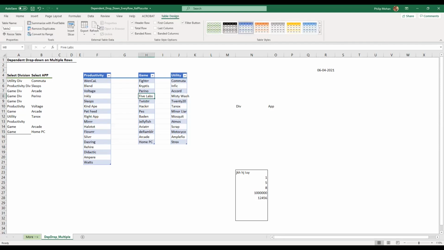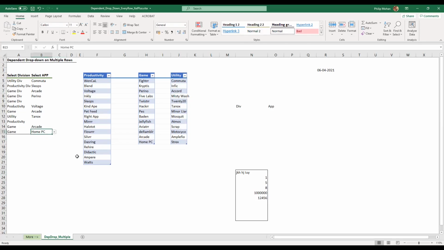And I want to change this to table. Okay. I wonder if I can just refer to the table here. Let me just see. Okay. Equals indirect table productivity. Let me try that.